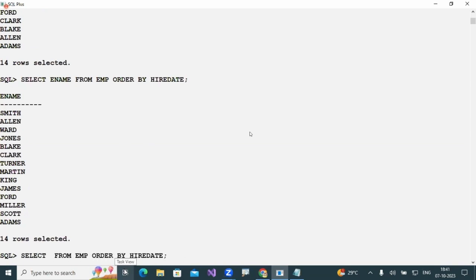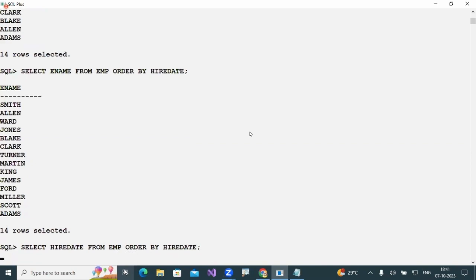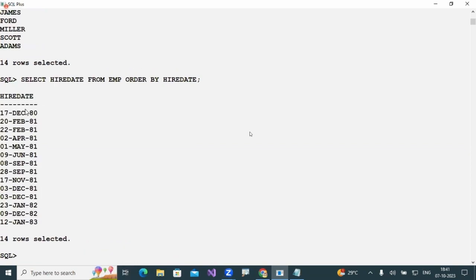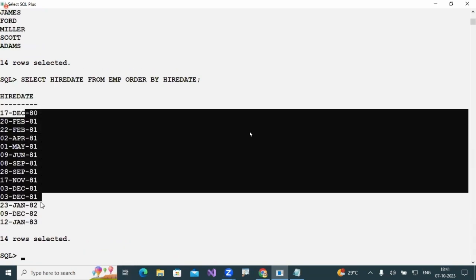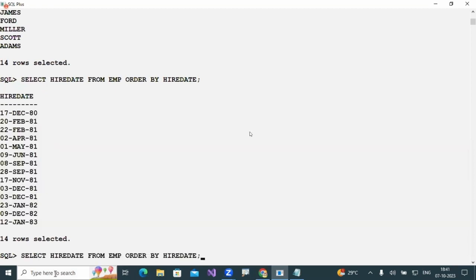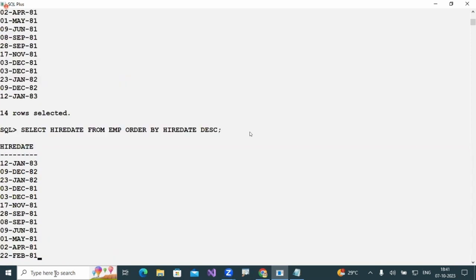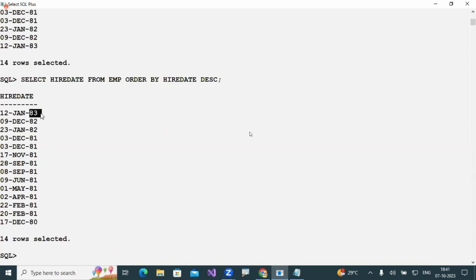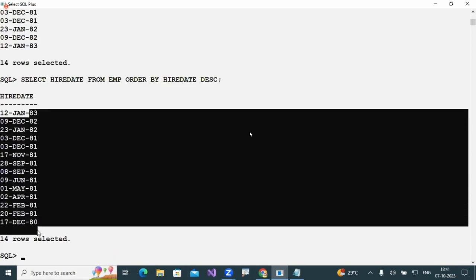If I apply it on hire date, my column name also changes. Now you can see 80s, later 81, later 82, later 83. And if I give the DESC keyword, it is 83, 82, 81 and 80. So like this, you can apply ORDER BY on any data type column